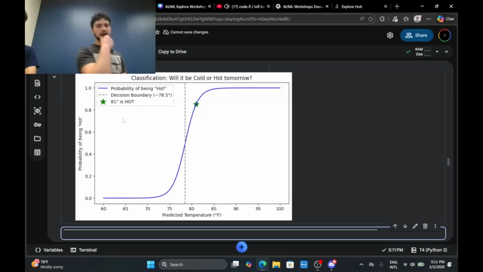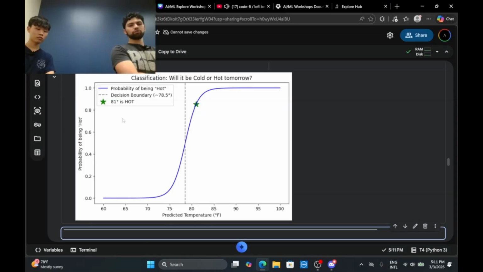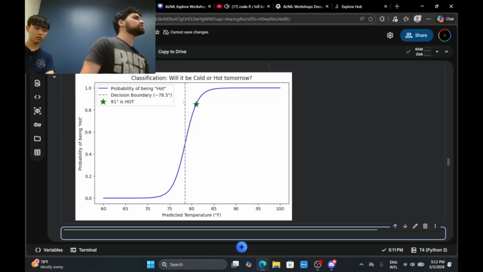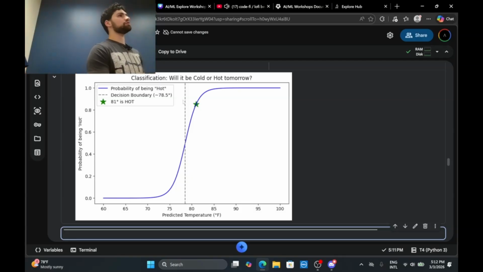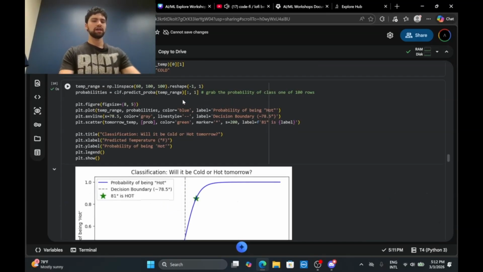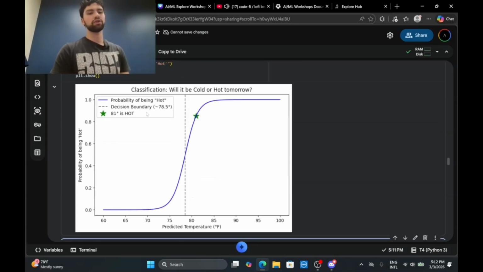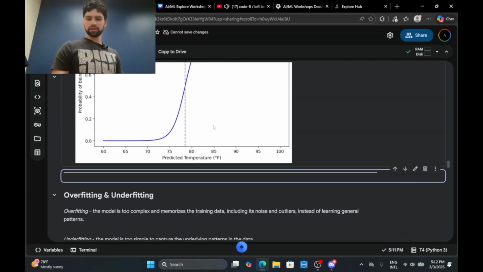And this is our graph of that data. What does this graph show? It shows our data and the probability of being hot. 81 degrees is the data point that we wanted to predict, whether it was hot or not. And this little gray line, see it as a decision boundary. Anything above that line would be considered a hot temperature, anything under it a cold temperature. Again, this is all given the little data set that we made. From that, you can classify into different classes what our data represents. So, 81 degrees, we can consider a hot day based on prior data.